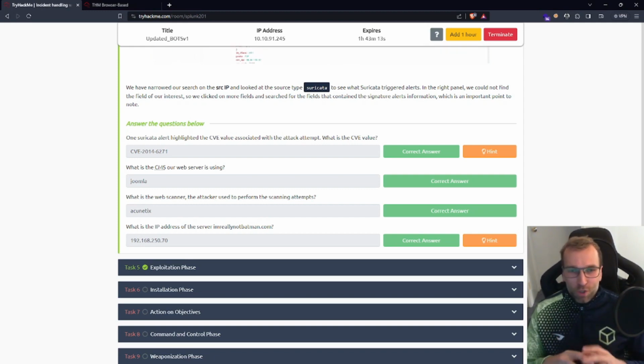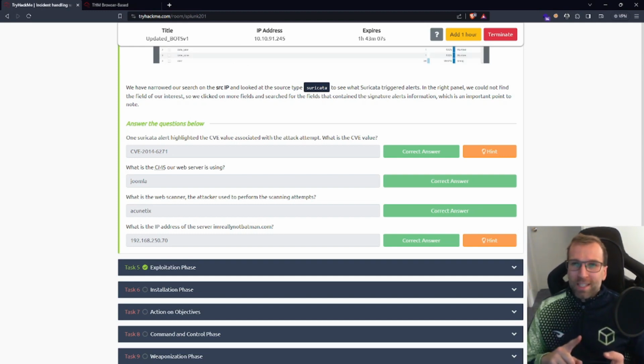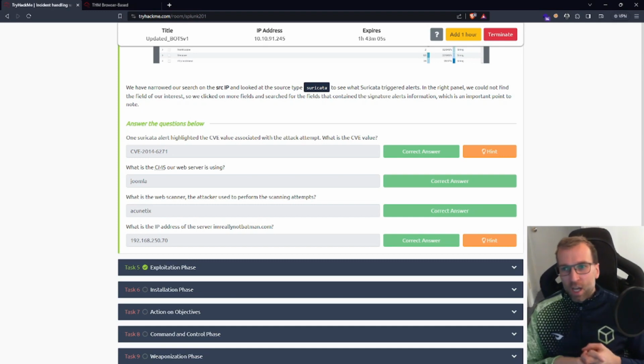So if this is the real world and we want to make some Splunk alerts to actually alert and create visualizations on vulnerability scanners we see in our environment, we're going to be needing to do a combination of initial triggers on user agents that are known to be used by vulnerability scanners. And then we're going to need to do a check on any query that is using a known